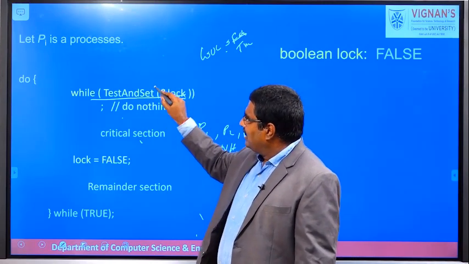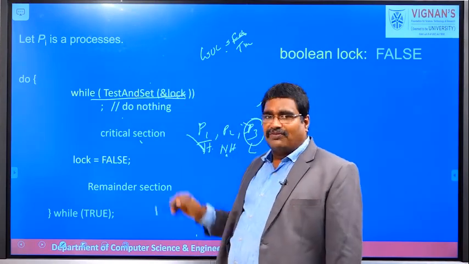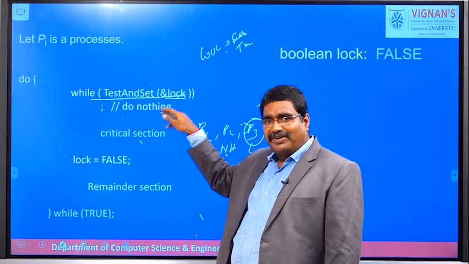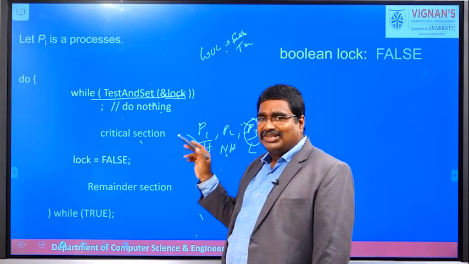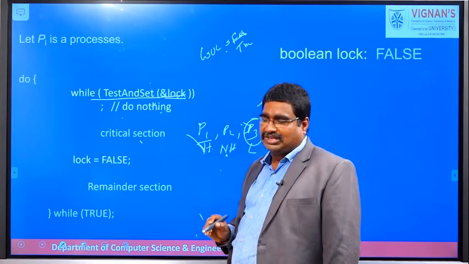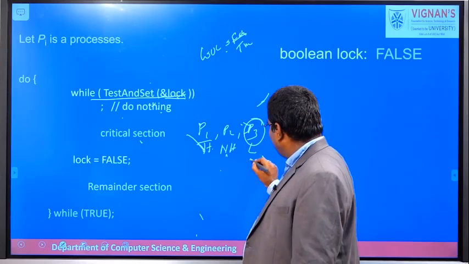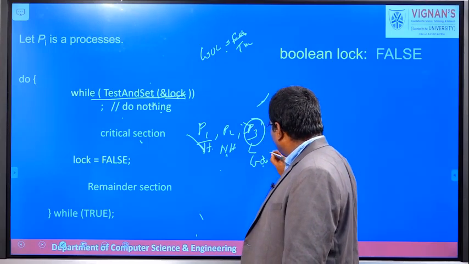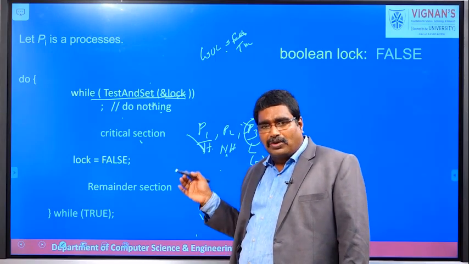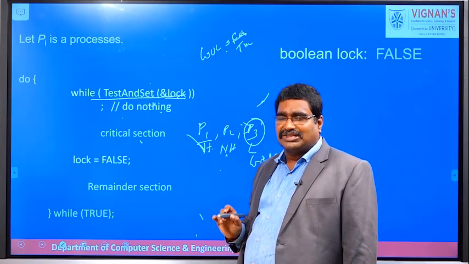So it is not possible to terminate the while loop, and the P3 process is waiting in the while loop, the busy waiting, that is, it continuously checks the condition, and every time it returns true, so it is not allowed to enter into the critical section. So the P3 process is waiting to enter into the critical section. At that time, for example, the P2 process also wishes to enter into the critical section.